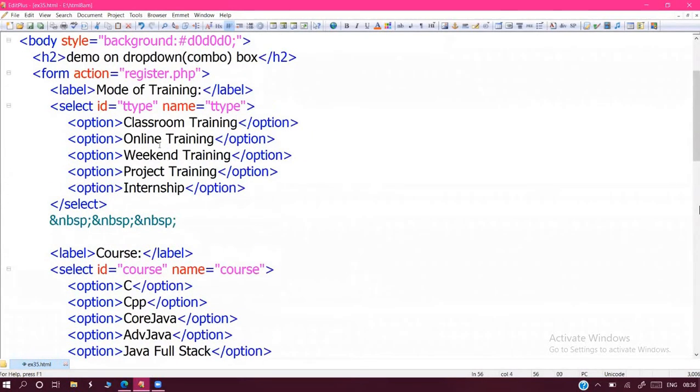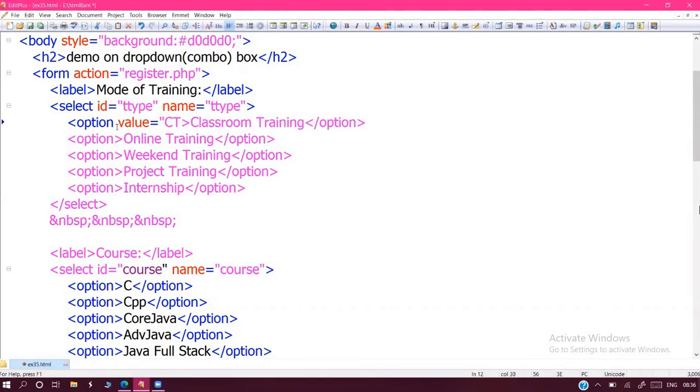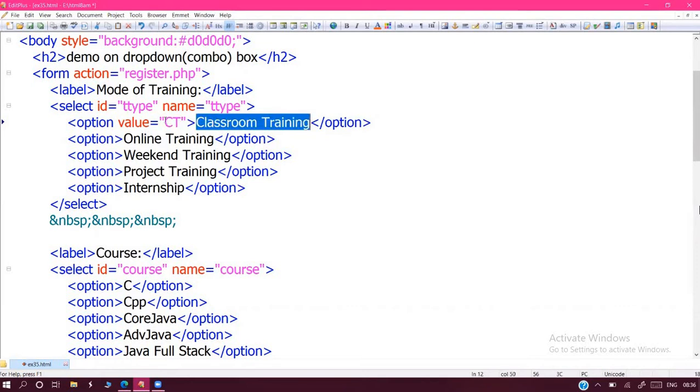So what to do, sir? Go to every option tag, take the value, and write the shortcuts. Shortcut, a symbolic representation. Instead of classroom training, I'll go for the shortcut CT, sir. What is the difference, sir? This is the user and this is the programmer. For the user, it displays classroom training, but the programmer internally uses CT. Like that, the same thing for all. Value equals